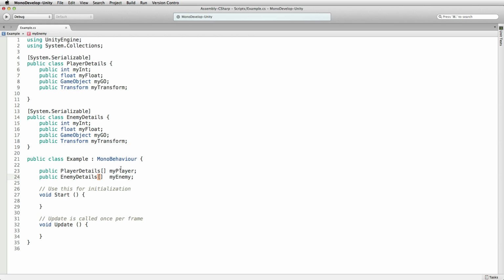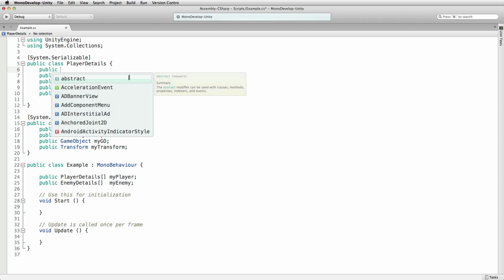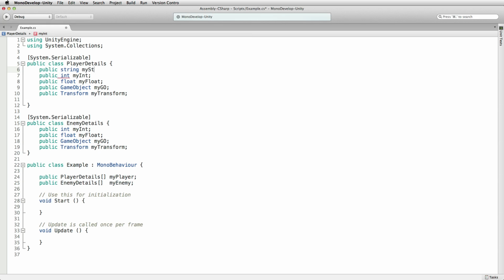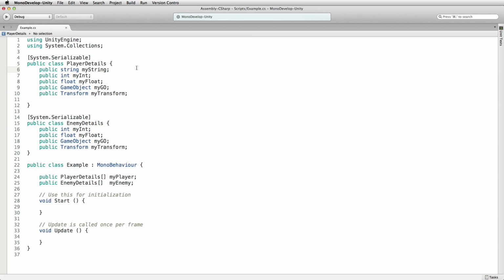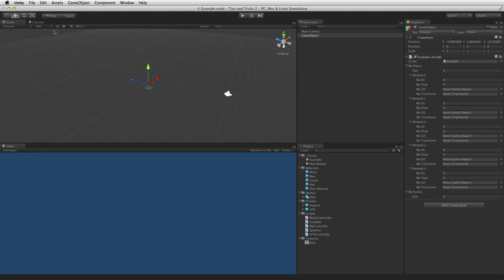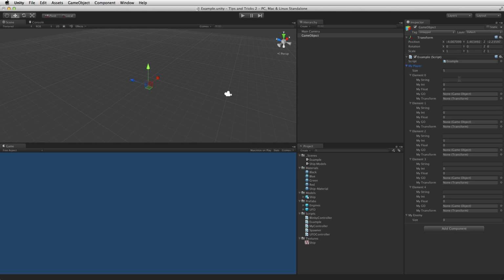One of the neat little tips and tricks is that if you happen to have a string in your class, let's take our player details and let's make this a public string, my string. And let's do the same thing for our enemy, just because we've got them both going. We save these, and we come back to Unity. When that string is empty, we can see that it's element 0. But let's give this a name, like big sword. We can see that now our element is taking on that name, black helm,